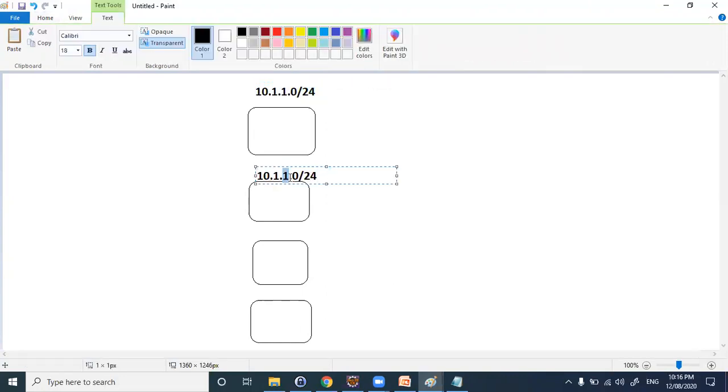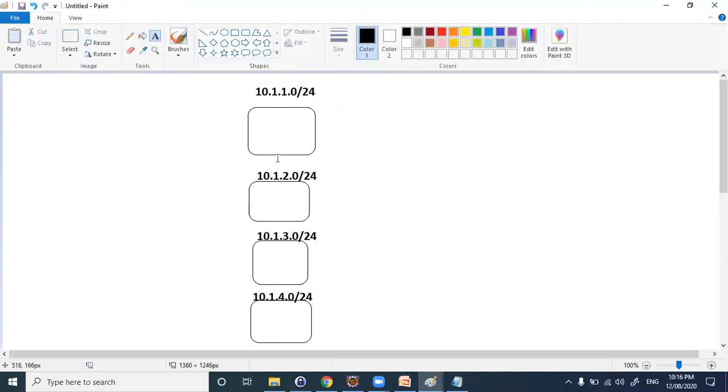Similarly, let me say this as 2. So we have 4 subnets here. Let's say we have a server for a database here. So let's assume this is our database.